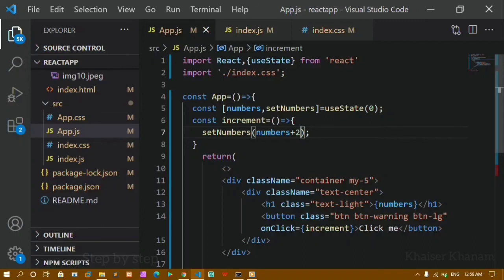Okay, that's all for today's project. In our next project, we are going to continue the same thing, and we will see how to decrement this counter and also how to give specific condition so that I can stop at 0. I should not decrement after 0. I can stop at 0.